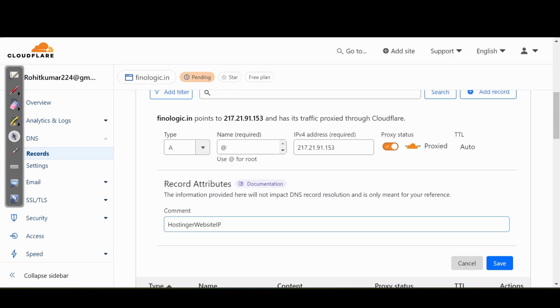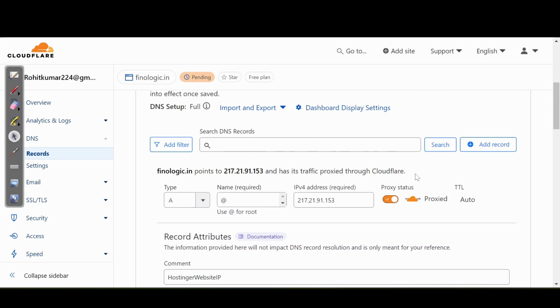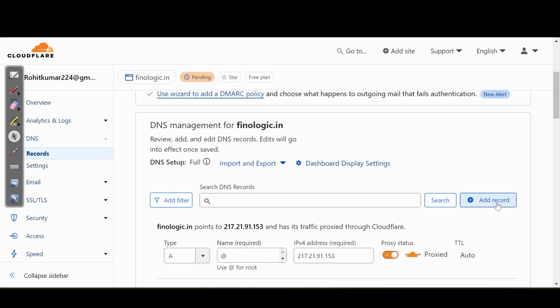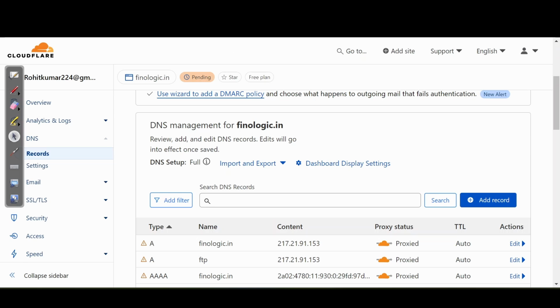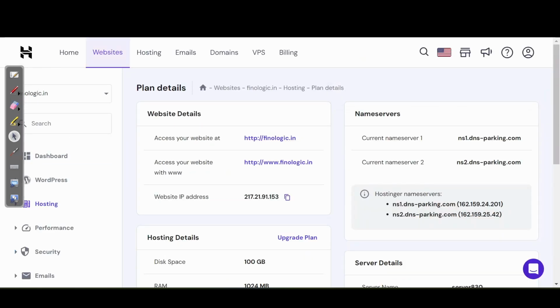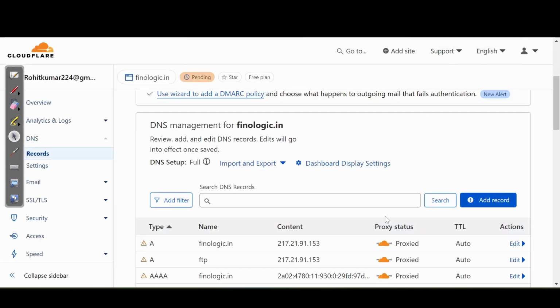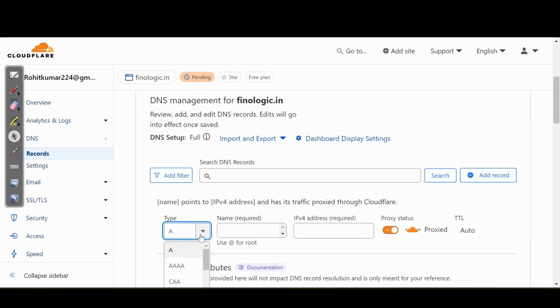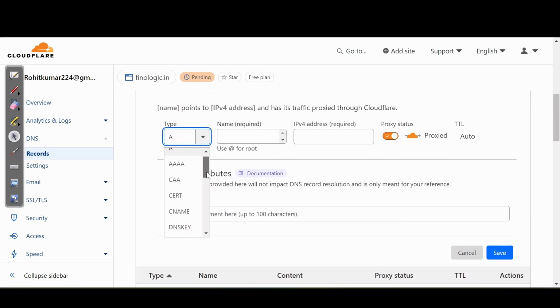After adding the IP, I will add another record, and that record will be my Hostinger DNS name server. The first one is this one. I will copy it and add it as it is. Click on add, choose name server, which is denoted as NS.